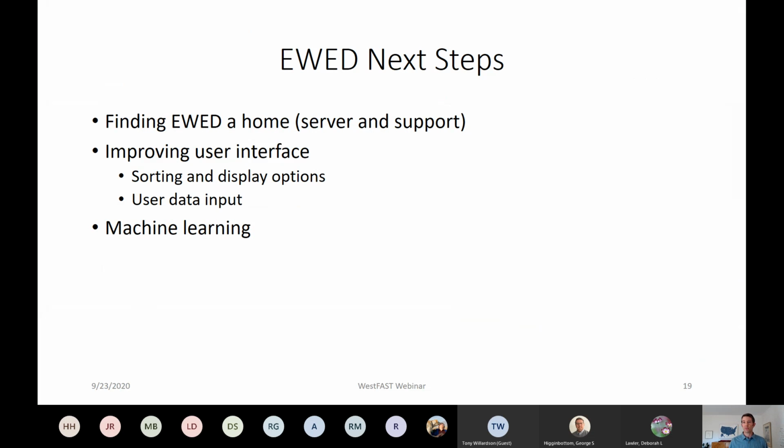In the future, our main priority is finding EWED a home. This has been a 3-year project, and it's coming to a close. And right now we're hosting it, but it's driven by this funding and student labor, and we would like to find a home for this. So basically server and IT support. It is largely automated, but with some minimal IT support, I think we can keep this going and actually continue